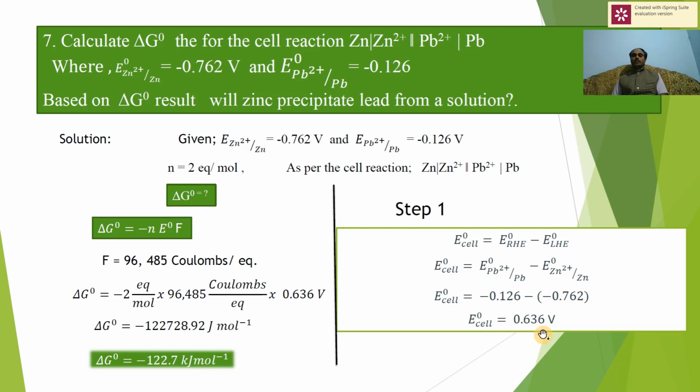0.636 volt. Now the E naught is obtained. This E naught you can substitute in this equation, that will give you N is 2, it is there in the equation itself, 2 equivalent per mole into 96,485 coulomb per equivalent into 0.636 volt. It means that every 1 equivalent of the electron transfer, there is an involvement of the 96,485 coulombs. So you can multiply all these numbers and you will get